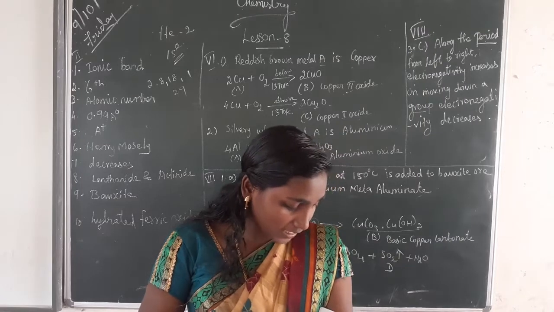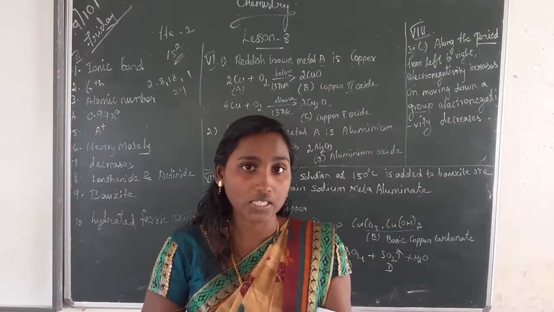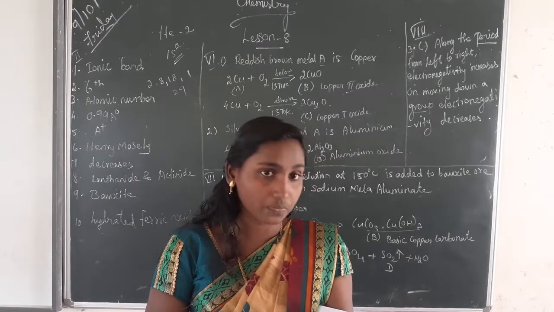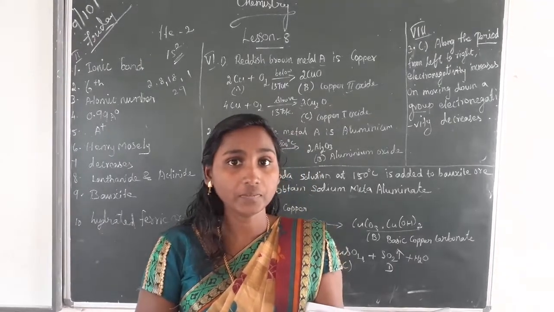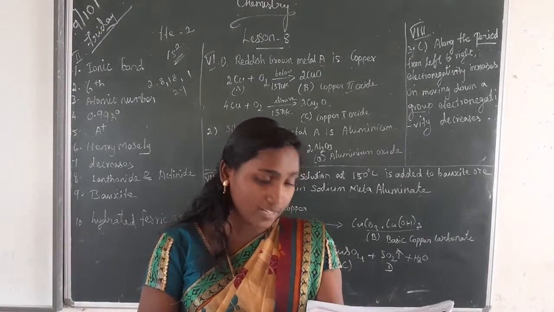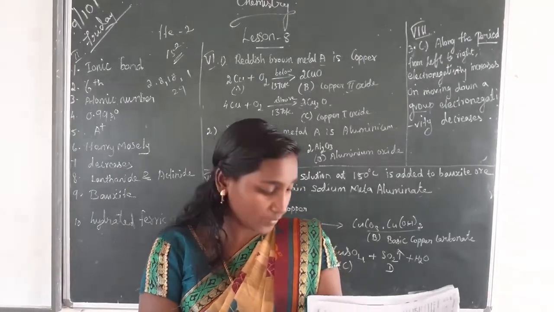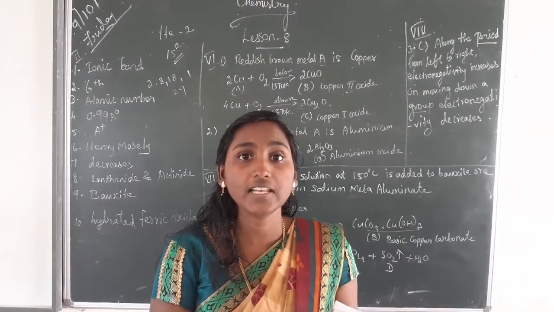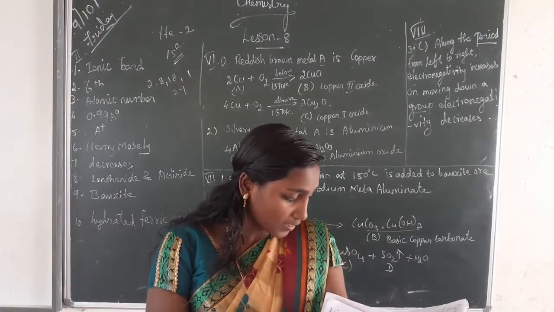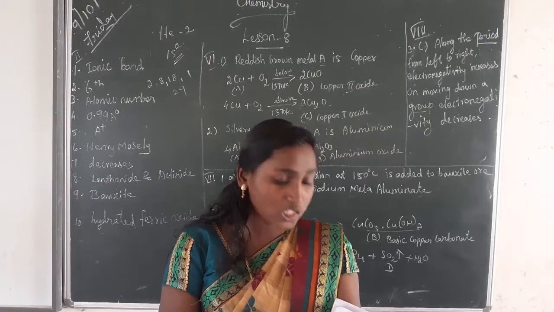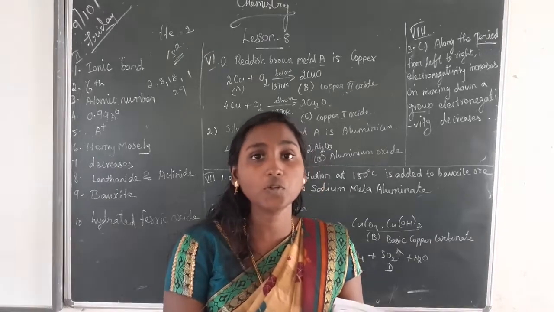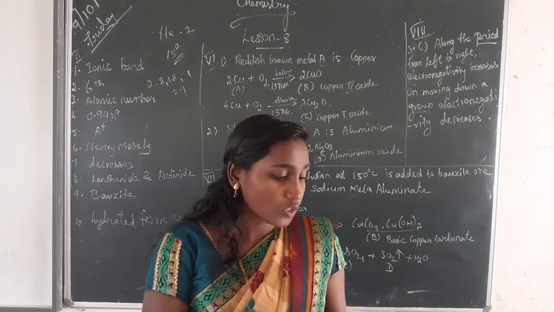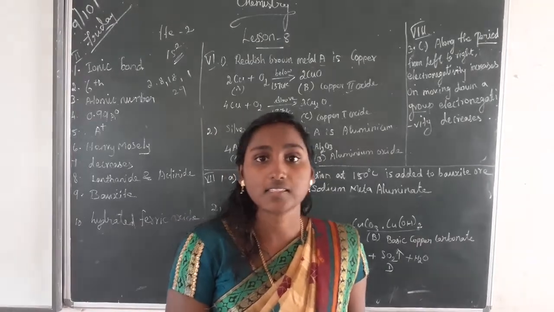Then redox reaction, aluminothermic process. Aluminium is a powerful reducing agent. So aluminothermic process. Then dental filling, silver tin amalgam. So which metal is used in dental filling? Silver tin. Then the fifth one, group 18 elements, noble gas elements. The 18th group is called noble gas elements. So thank you students. Mark all the question answers and study well. Thank you.